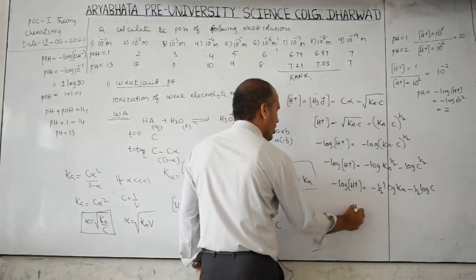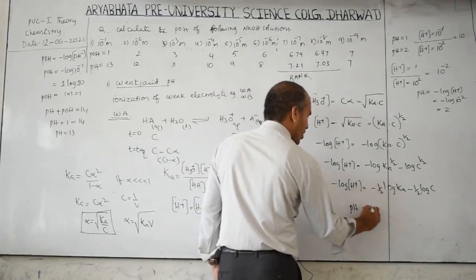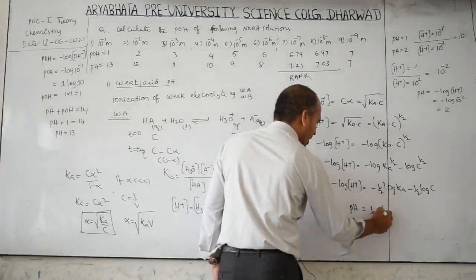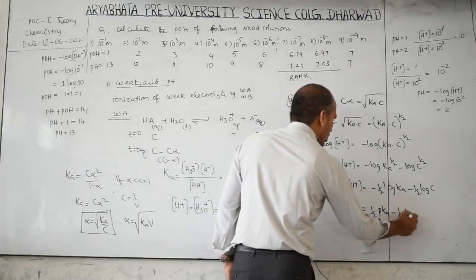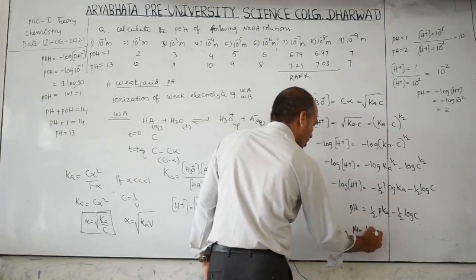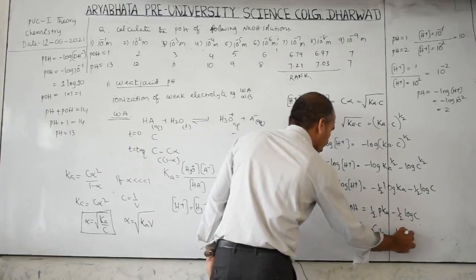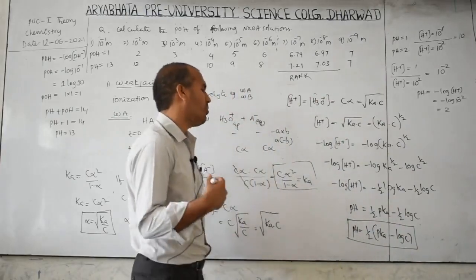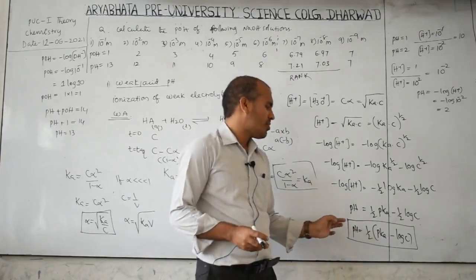Now this negative logarithm of H+ ion concentration is known as the pH. This minus here, therefore half negative logarithm of Ka is known as the pKa, and this is minus half log C. Half taken common, then pH is equal to half into pKa minus log C. So sometimes they may give the pKa or Ka, then convert into pKa, and with concentration you have to use this formula. This is about the calculation of pH.